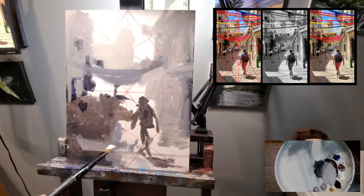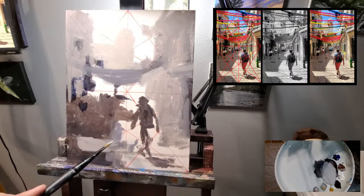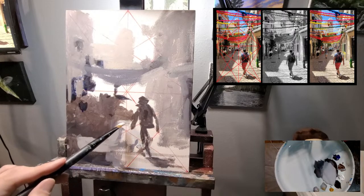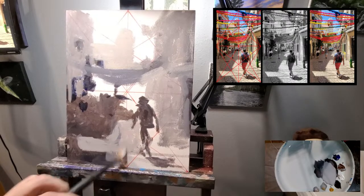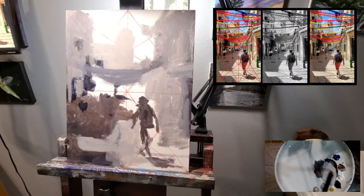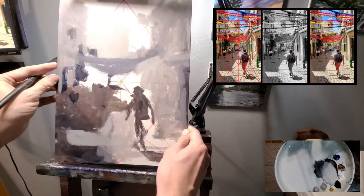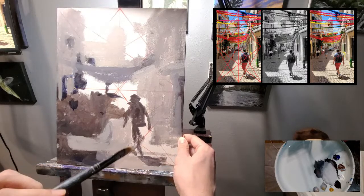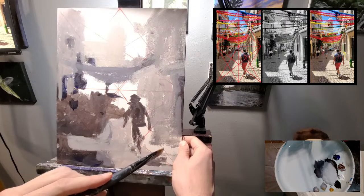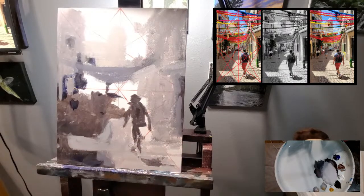And I want to use this as the base of the sunny part, and then this will be again just an underpainting, but I'm going for where do I just put in shapes. Again, I'm carving in value shapes, lights and darks,